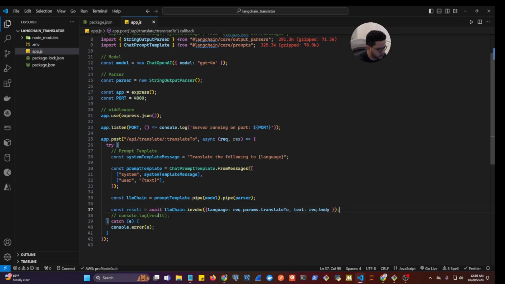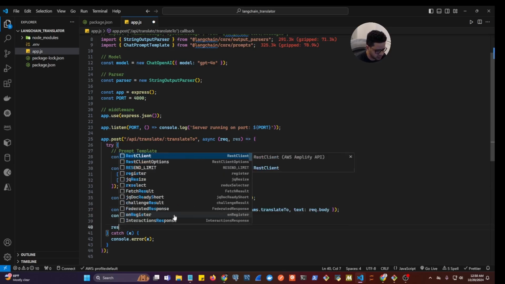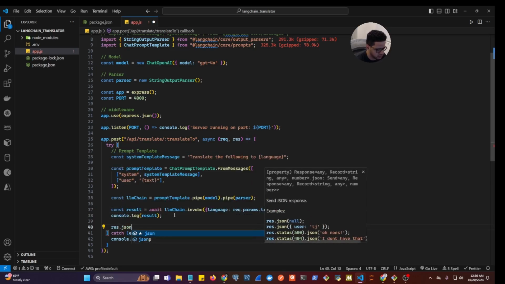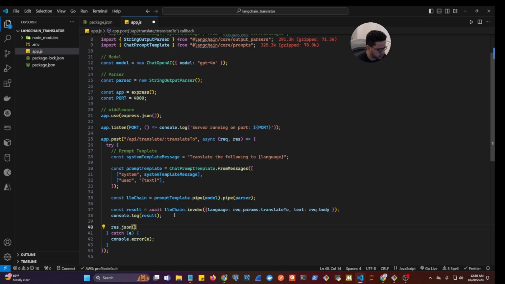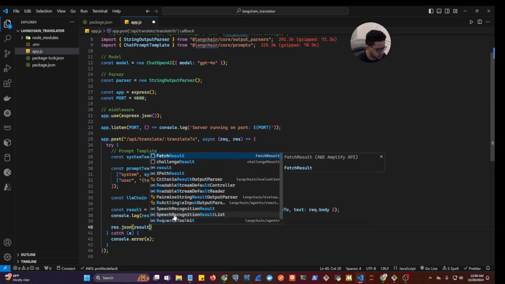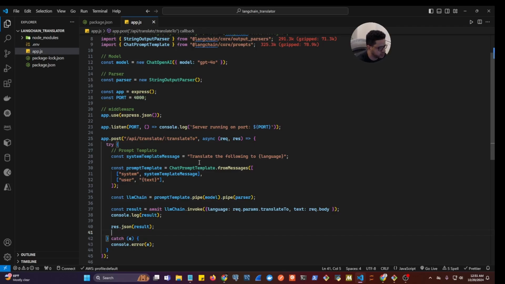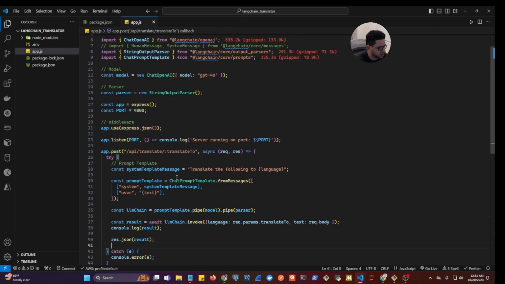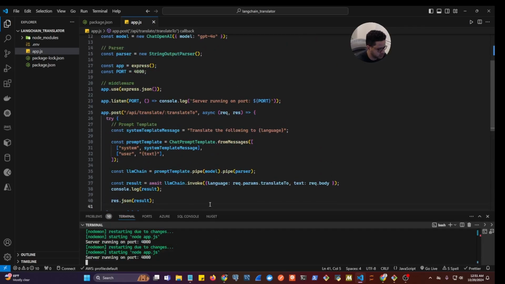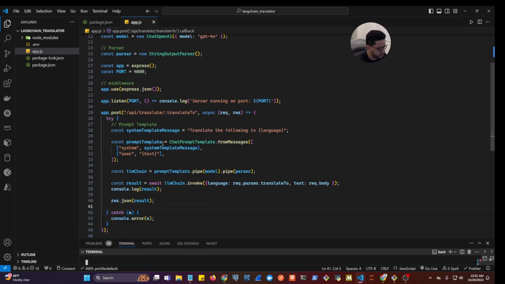So then we're gonna wait for the response. We can console log the results, and then we could do res.json, res.status. We can leave it like that. Let's just do res.json and pass in the results in here. That's simple enough. Cool. So now let's check the terminal. Server is running on port 4000. We have our request handler here